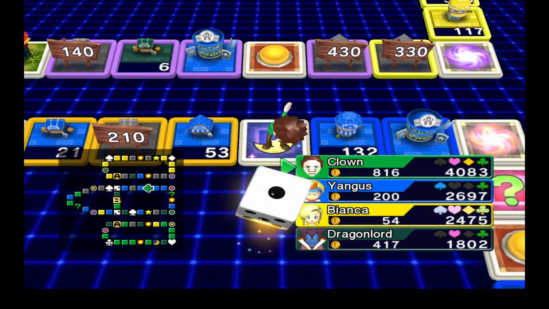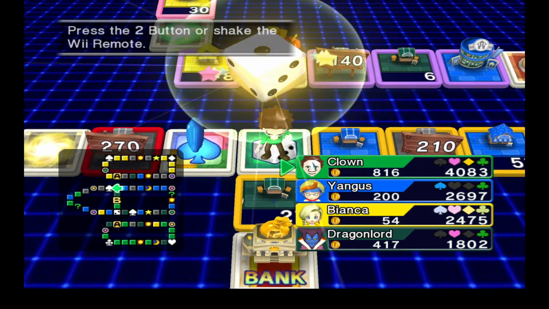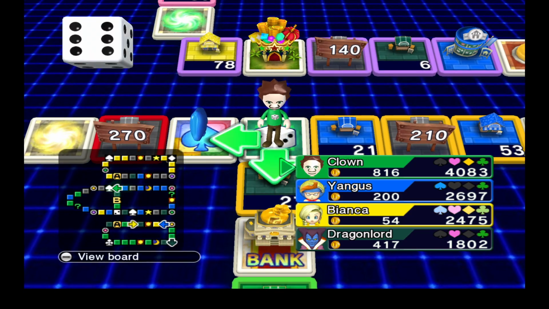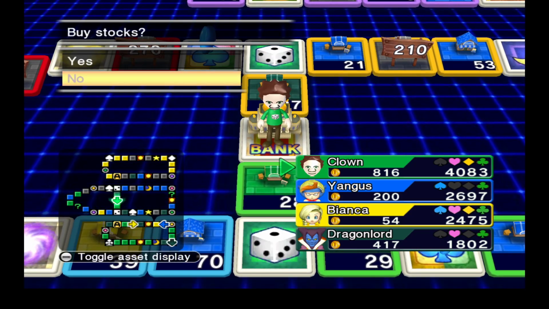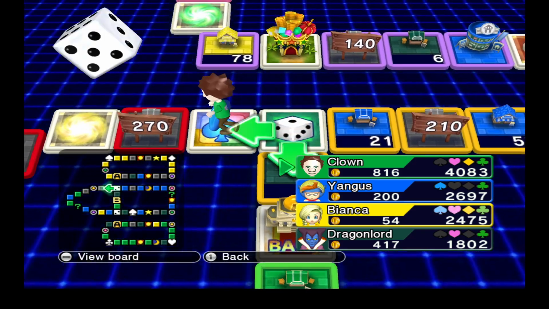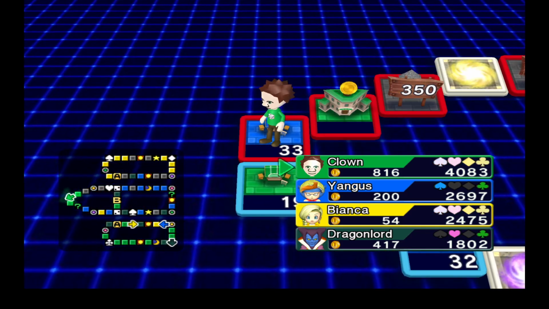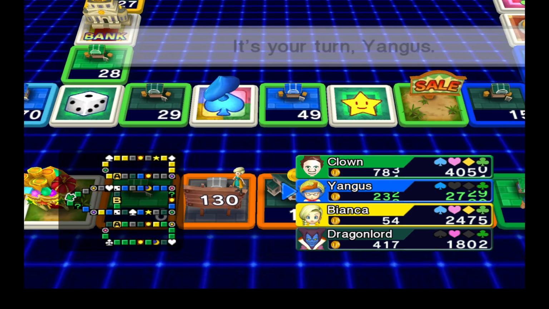Okay, my go again. Right, well, okay, it's the purple one that's a problem. I'm just having a look. I could go that way, but then I put myself in a risky place. Oh, I forgot to renovate the tax office. Okay, well, either way, I'm going to end up going into a bad spot, so...